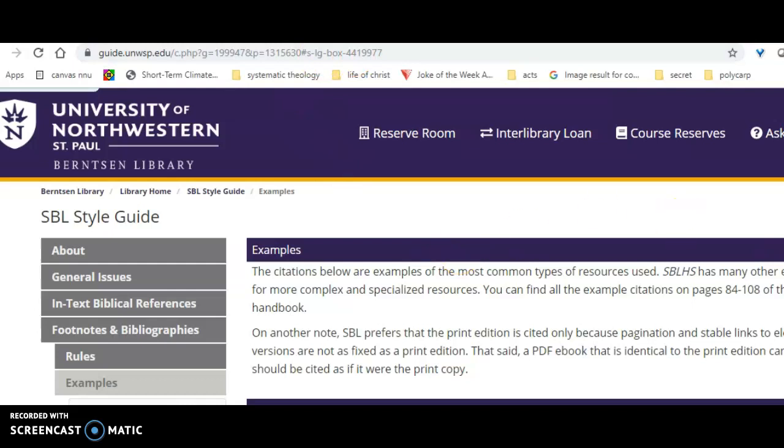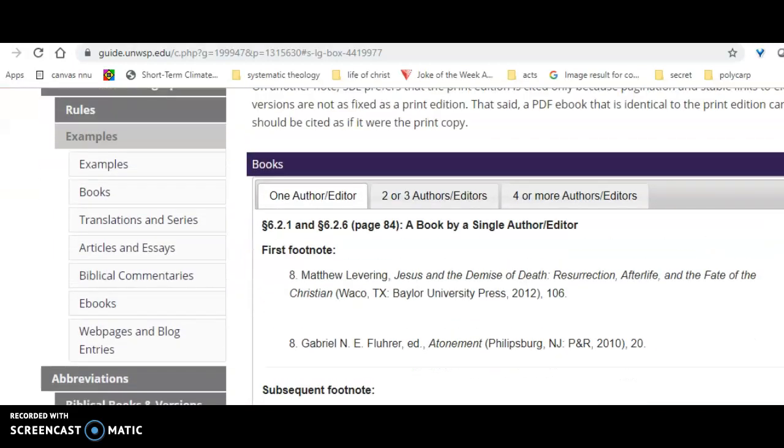But what you're going to want to do is on the website you can scroll down, and for instance the very first example that they give is how you would cite a book. So notice in SBL style we have for the footnote. Now this is footnote. We'll talk about bibliography in just a moment. For the footnote you do the author's name, comma, and then put the book title in italics, and then no